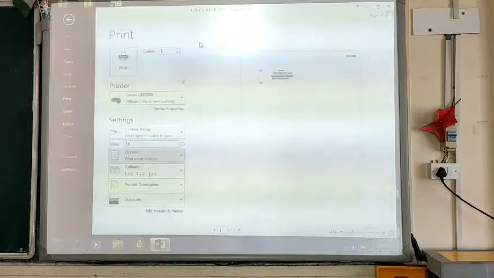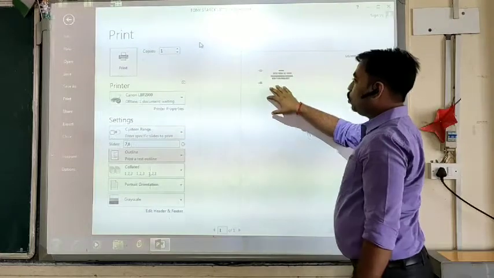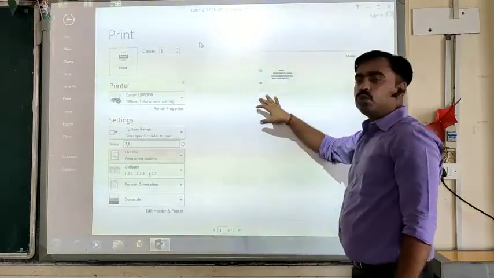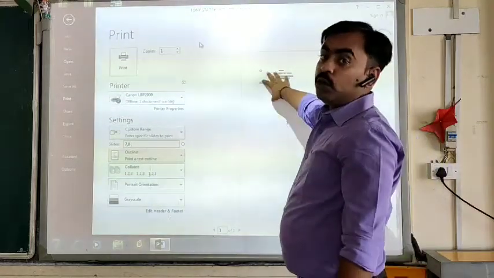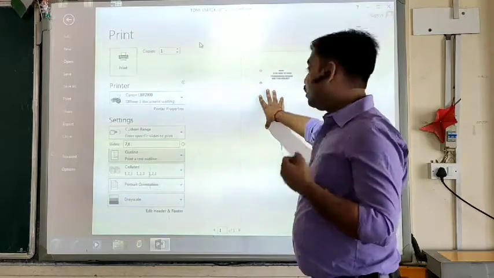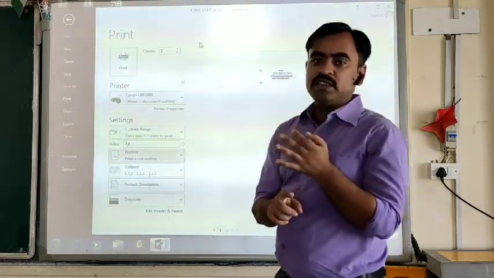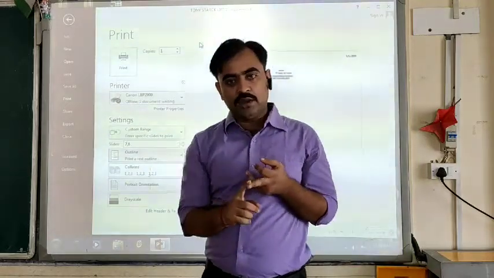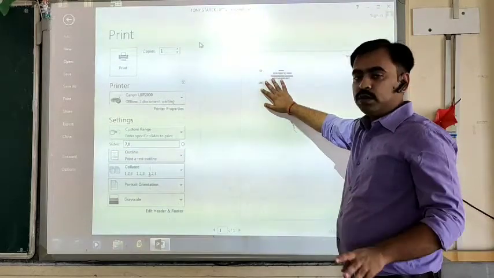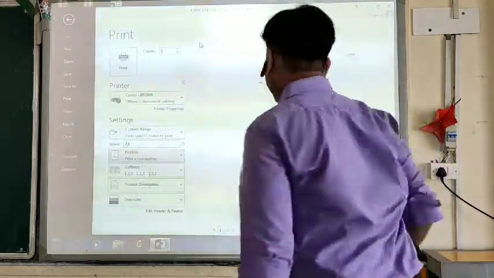The outline only prints the text which is used in that particular slide. Every other object, like pictures, graphs, and charts, will be removed. It will only print the text which you have written in the outline.